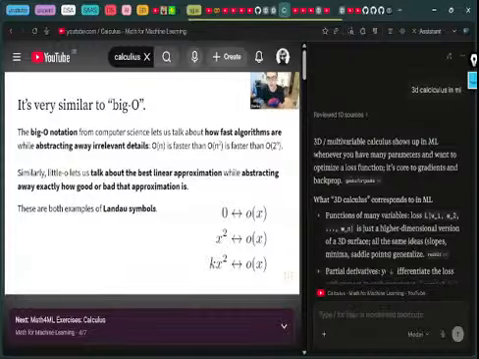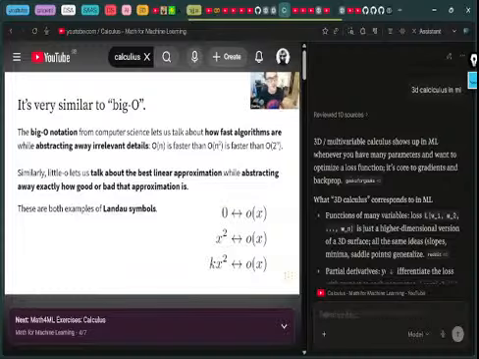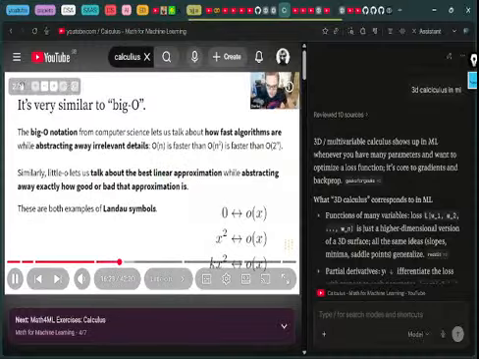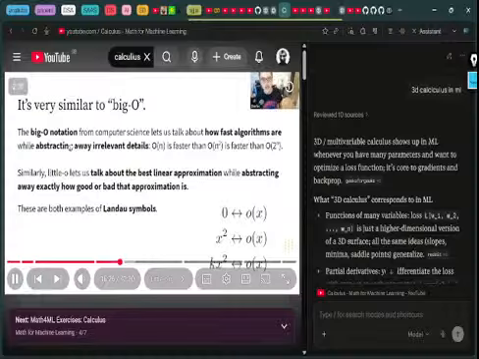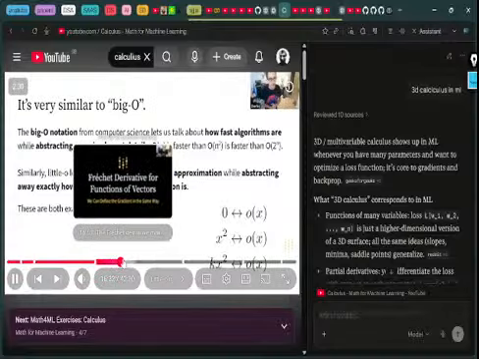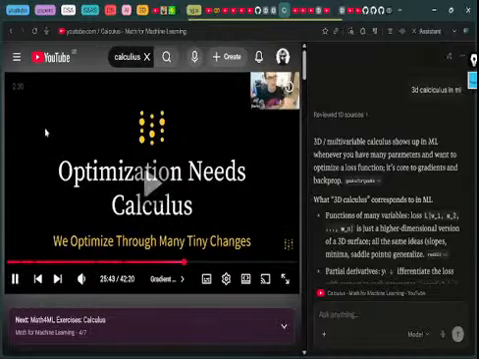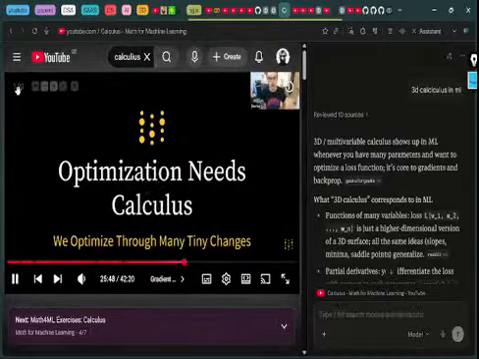Similarly, little o lets us talk about the best linear approximation while abstracting away exactly how good or bad that approximation is. When you're doing the classical limit approach to studying calculus, these two things get mixed up together, and you always need to both measure how good the linear approximation is exactly and produce the correct value for it. But with little o notation, with the Fréchet derivative style, that's the name for this definition of derivative, you can split those two things apart. Little o and big O are called Landau symbols, and if you want to look up more about how they function, you can. So now let's use that view of what calculus is doing in order to understand our optimization process in